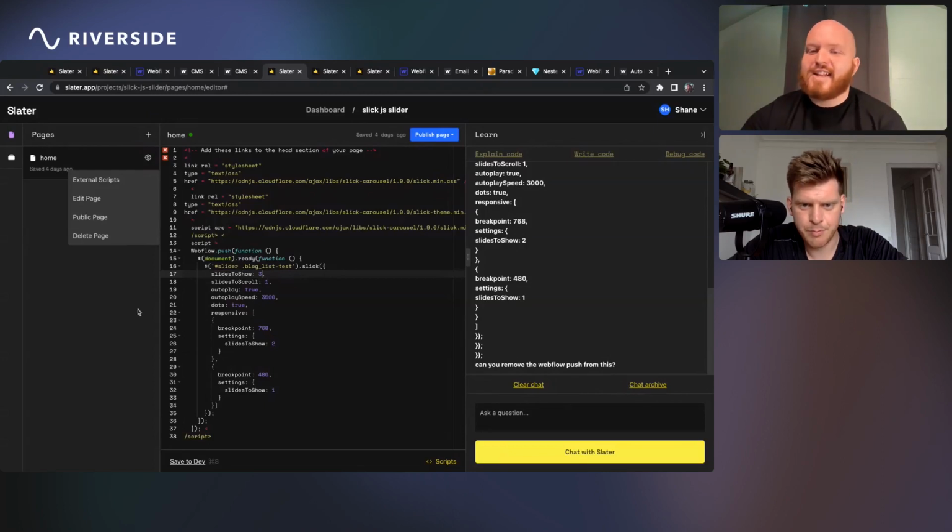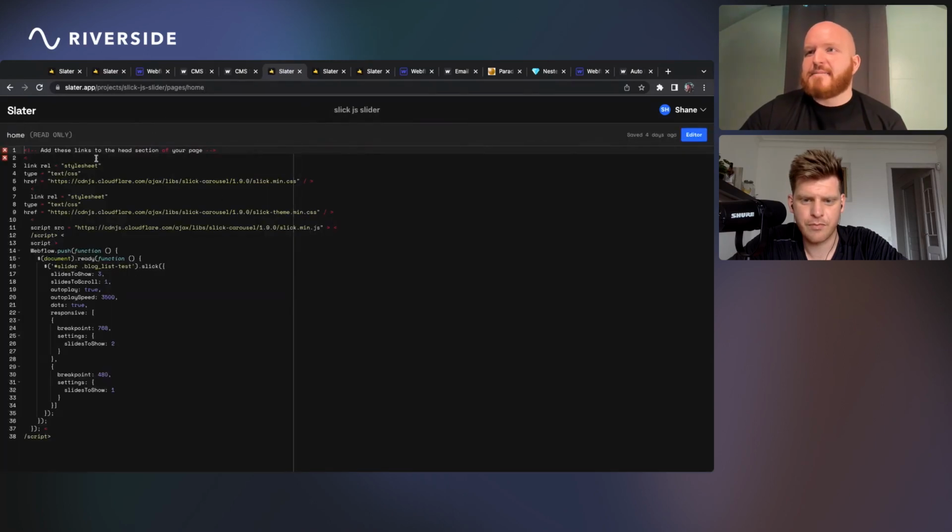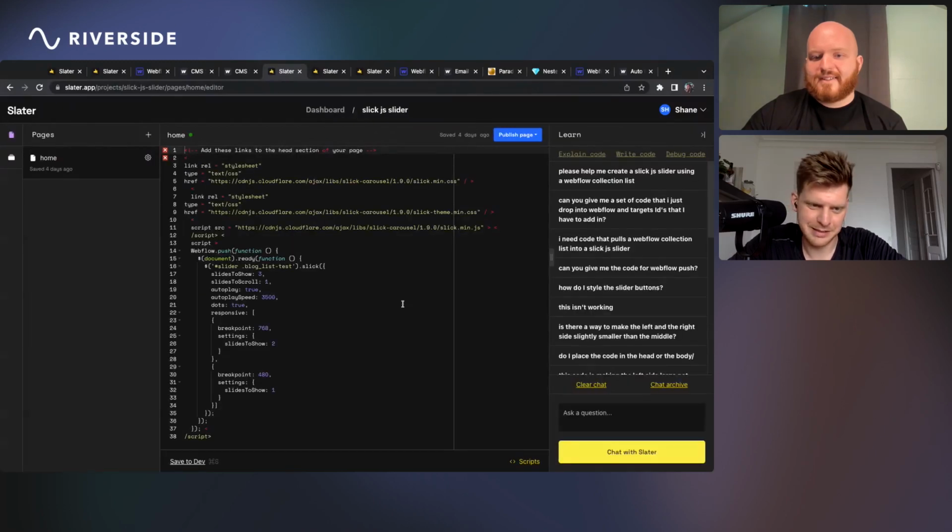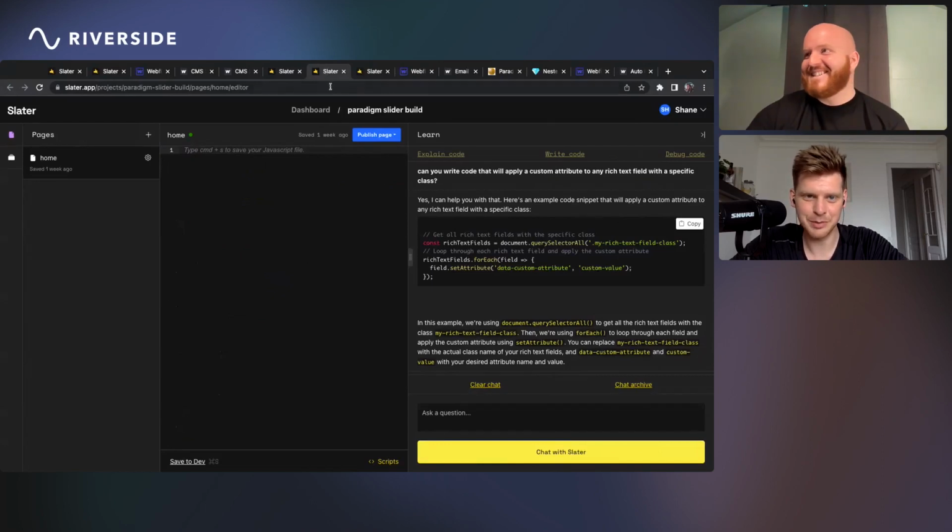Actually, I did send one of those to someone who was helping me in Slater the other day. What's also cool is if you get stuck on the code and you want to send this to a dev or a friend, you can just send them this public, read-only page link. That's super cool as well. I guess that's the one that you sent to Ben when you were like, how do I do this? Yeah, he definitely helped with that. Shout out to Ben. Everyone needs a Ben in their life when they get to a difficult project.